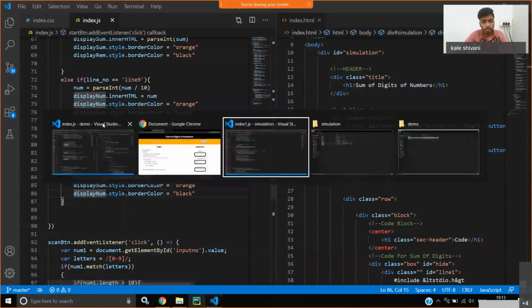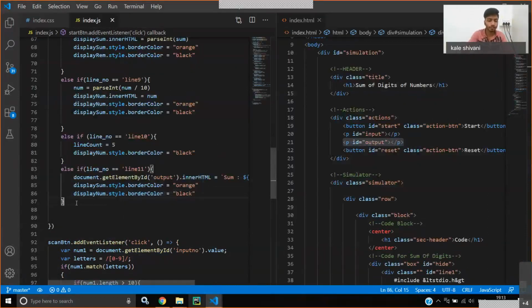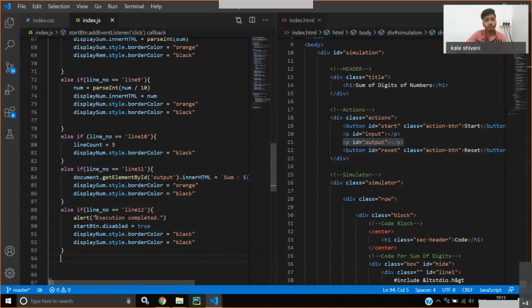We want to pop up a message that our execution is completed. So whenever we reach line 12, we will pass an alert which says execution is completed, and we disable the start button and change all the elements' border color to black.